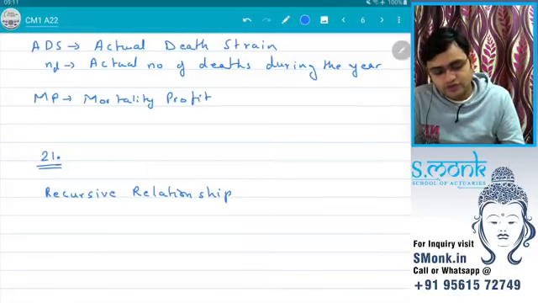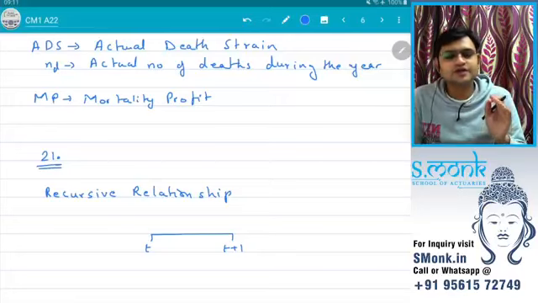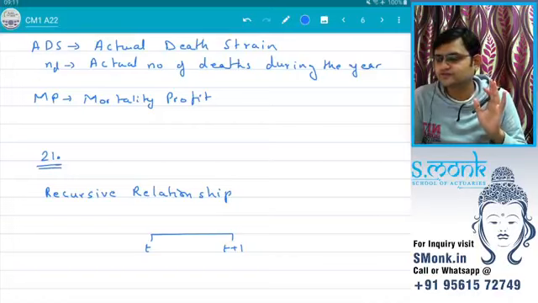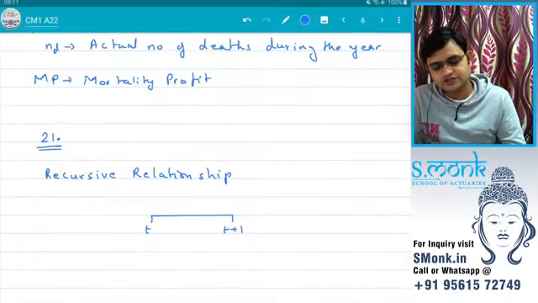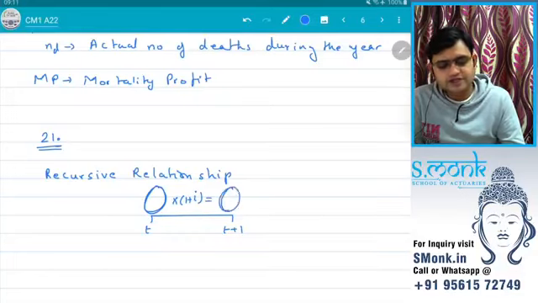So let's assume that we know the reserves at time t, and we want to find reserves at time t plus 1. Now there is a formula for recursive relationship, but it's more confusing than useful. So what I always say is, let's figure out how this recursive relationship works, and every single time we'll make that relationship. So recursive relationship says whatever happens at the beginning of the year into 1 plus i should be equal to whatever happens at the end of the year,